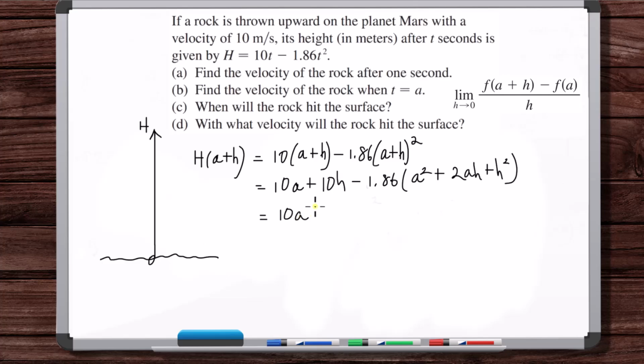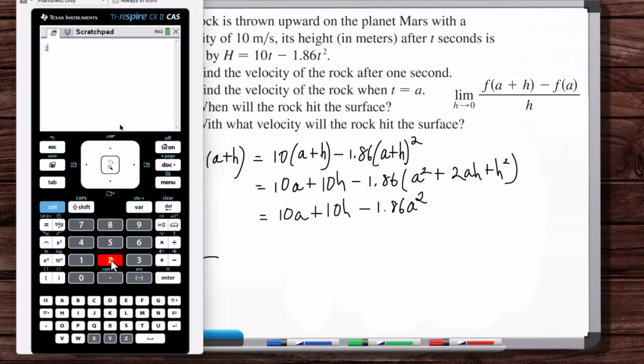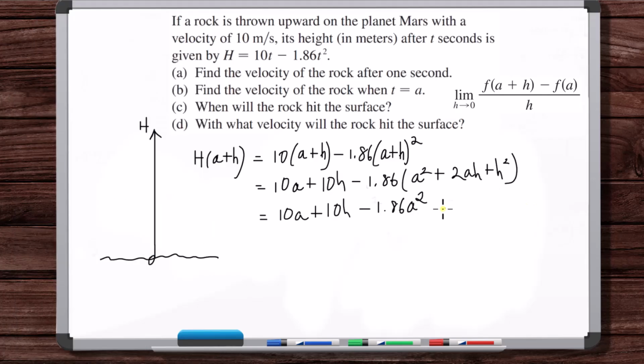So 10a plus 10h minus 1.86a squared, and then 2 times 1.86 is 3.72, so minus 3.72ah, and then minus 1.86h squared. Now h of a is 10a minus